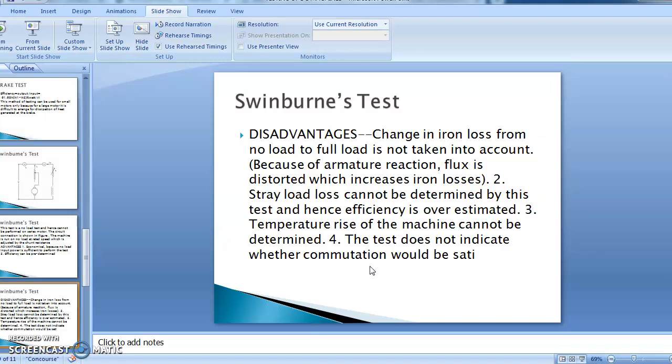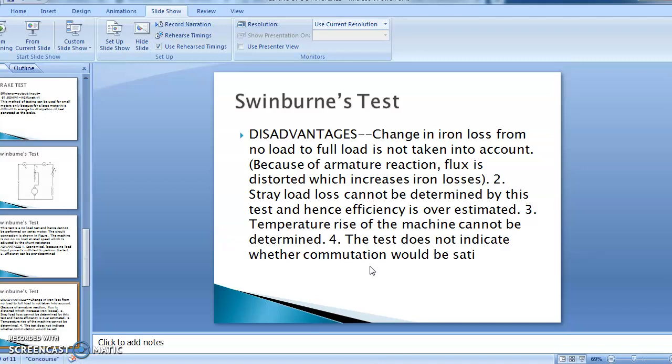So as a result, when the system runs from the no load condition towards the full load condition, the motor will try to compensate that higher amount of load. As a result, it will take much more current from the source, and as much more current it is taking from the source, that means armature current will be increased,